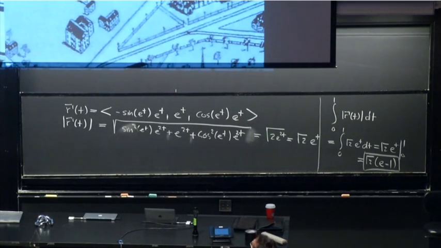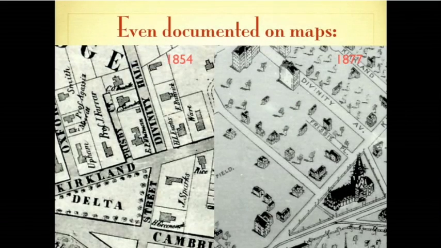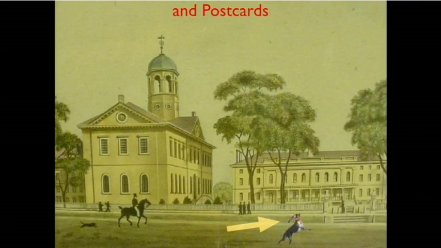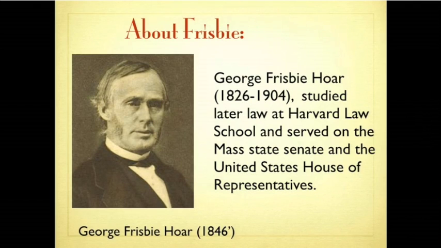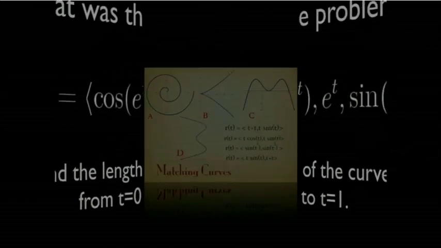And actually I can back it up here. If you look at the thing, there was Frisbee before, and then afterwards what's called Frisbee. That's the place, that's the moment when the Frisbee was invented. And you see those on postcards, and Frisbee became an important politician later, class of 1846. So that was the problem here.